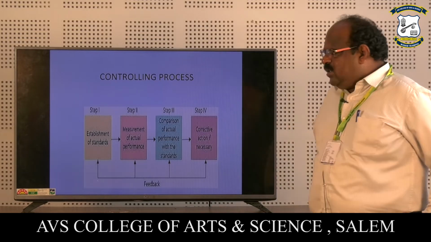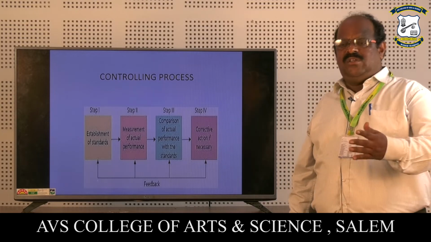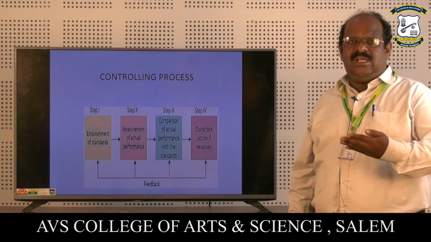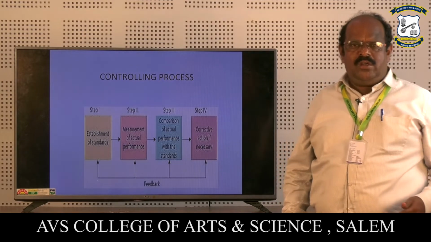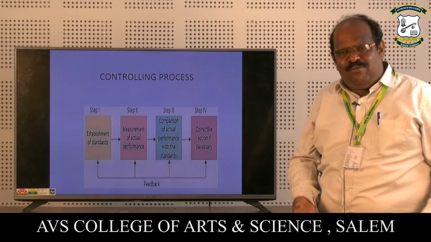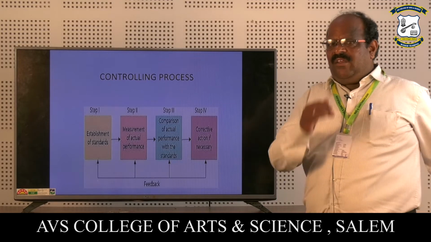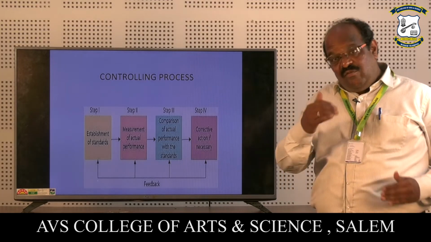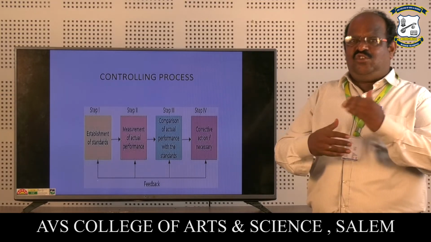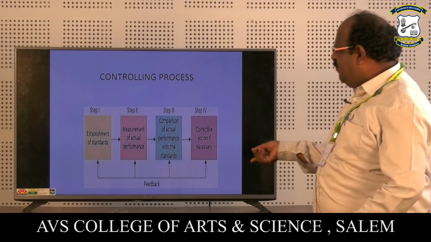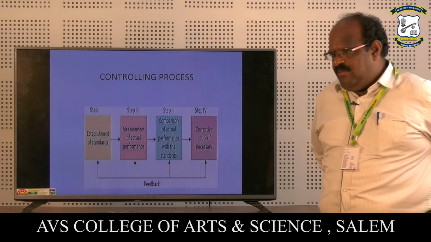It shows whether it is deviating from the standard or is within the standards. Suppose it is qualitative, for example, you are running a hotel or a food processing industry, and you are going to measure the taste of a food. How can you measure it? Is it quantitative, how many grams the food tastes? Can you tell like that? No, it is qualitative. So whatever factor we are going to control, we have to understand how we are going to measure it. We have to devise instruments to measure the factors for which we have established the standards, and then we have to measure the actual performance.